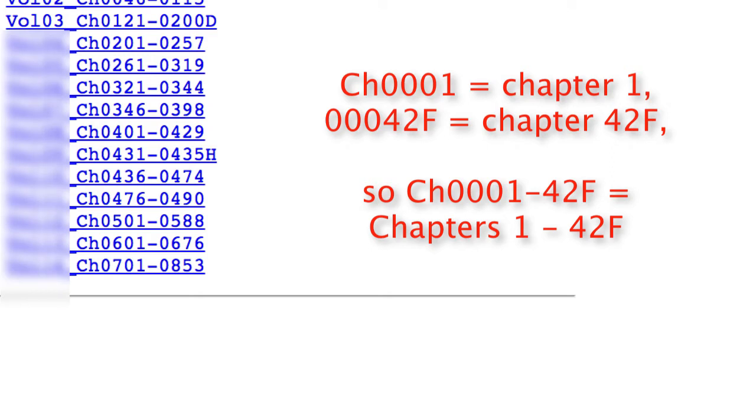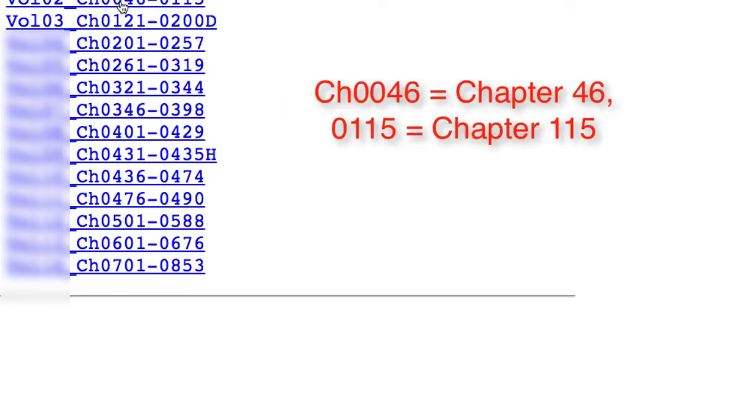And it contains Chapters 1 through 42F. Volume 2 contains Chapter 0046 or Chapter 46 through 0115 or 115. So you have to go to the cluster that contains the chapters that you want and click on that link.